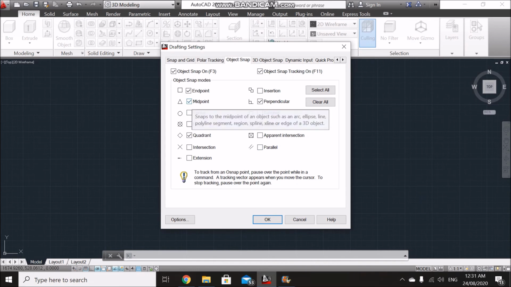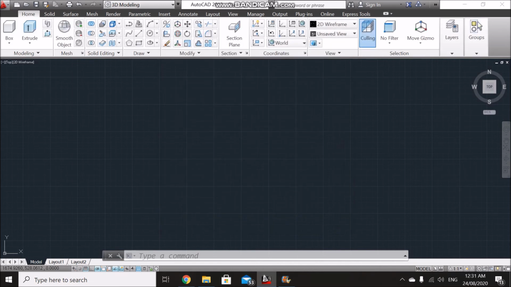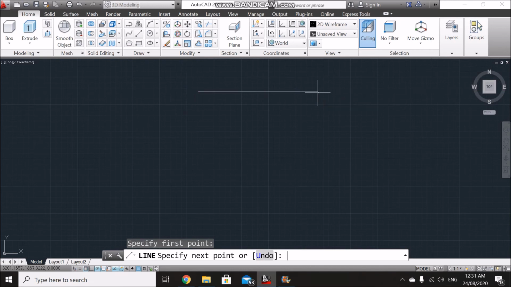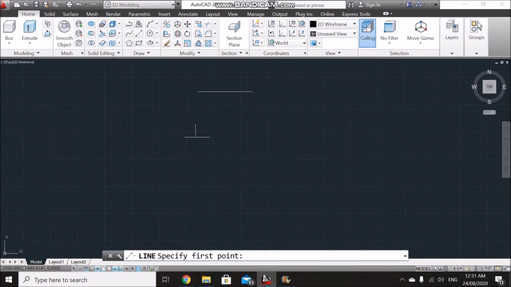You can find the midpoint of a certain line, the endpoint of a line, the center of a circle, the quadrant of a circle, or anything that meets the criteria you need for your 3D model. So as you can see, I've selected endpoint, say 500 millimeters, and then I wanted to draw a line in the middle. As you can see, it automatically detects the midpoint of the line. So that's how important